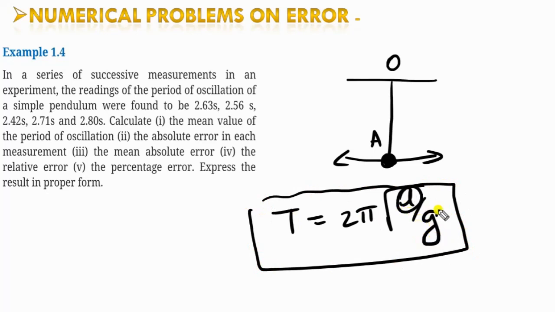So if let's say we start counting the motion from this end, when the bob was at one of its extremes, then the time taken by this bob to go to the other end and then come back to the same point is known as the time period of oscillation of this simple pendulum. Clear? Of course, we will talk about simple pendulums in detail in your subsequent chapters.